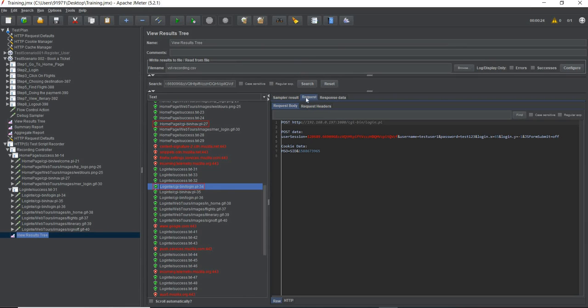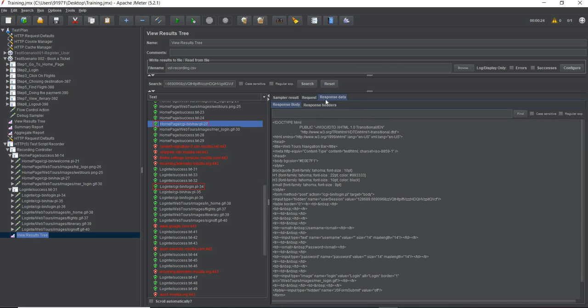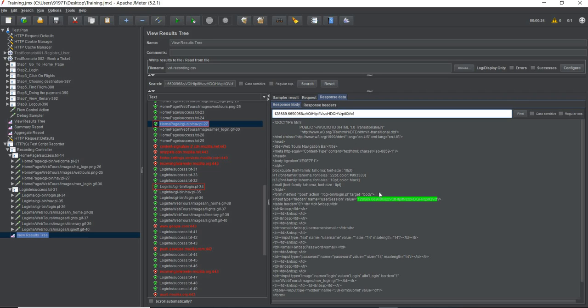You can see it is in the request, not in the response, and it is in the request body, as we discussed in the previous chapter. Now here we see that this request is in the response. It should be there in the response data and in the response body. So I again go over here and I paste it and click on find, and yes, here it is. We find this value. This value is over here. So we need to extract this value from nav.pl.